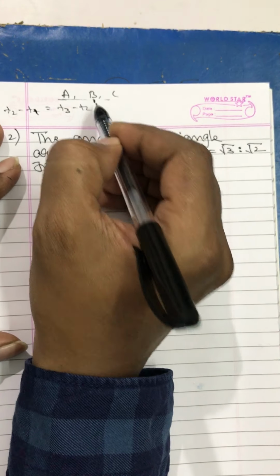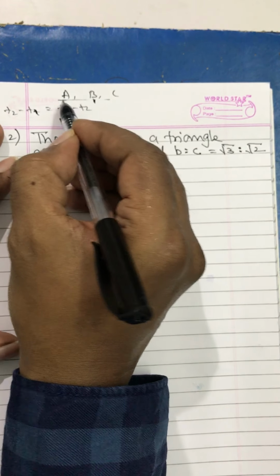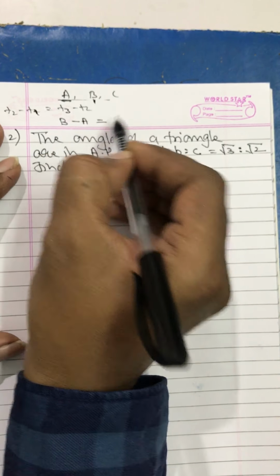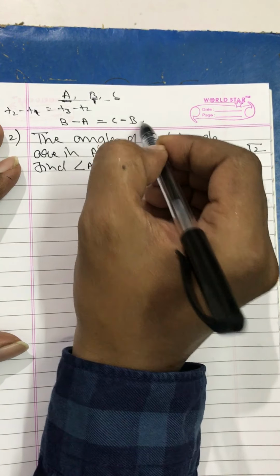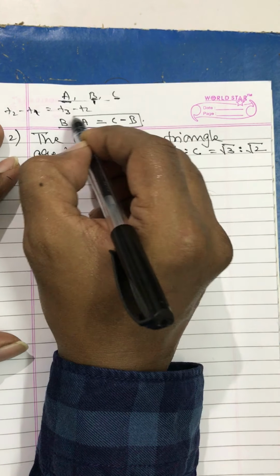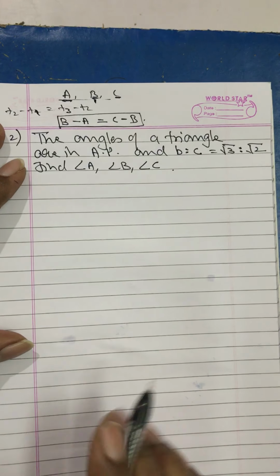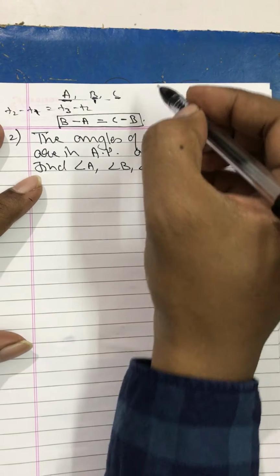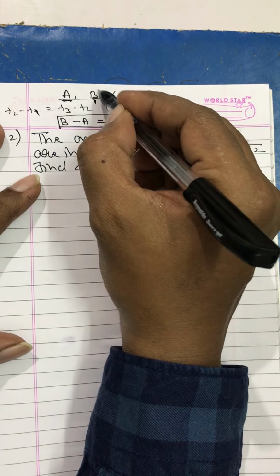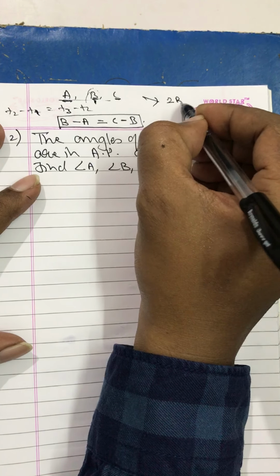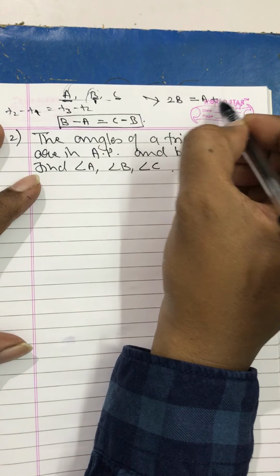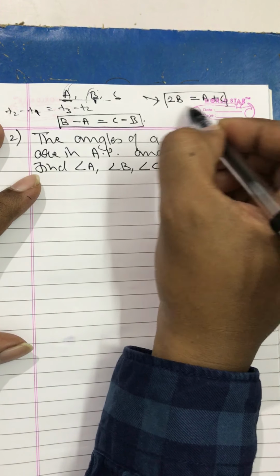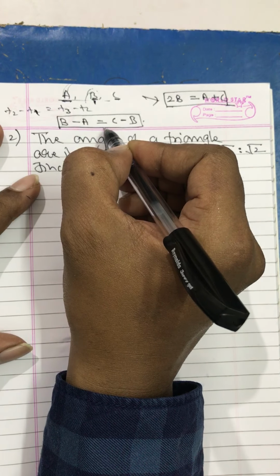Means this T2 minus this T1 will be equal to this T3 minus T2. This is one form of equation. Even in this form, if you give it a proper form, you can directly write that the middle one, 2b, is equal to 2, A plus C. Sometimes we will have to use this, sometimes we will have to use this.